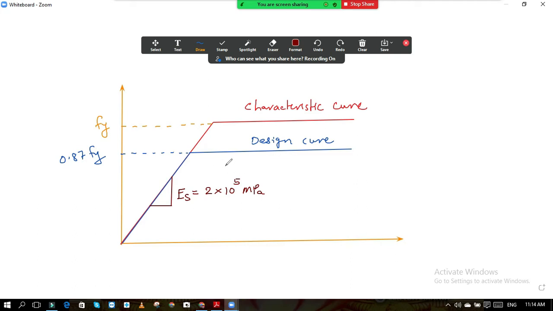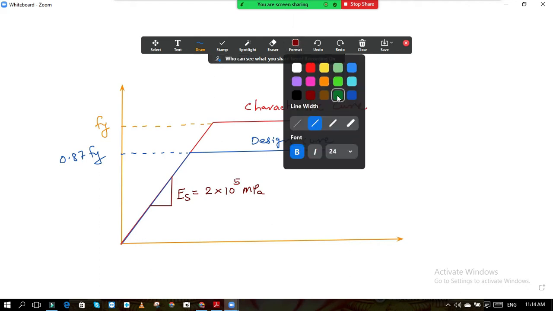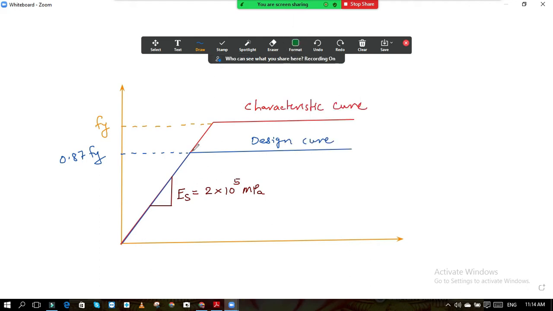How do we find this out? We will take the slope of this stress strain curve, and then we will get this value. Now if we want to calculate the strain, suppose I take this point, the point from where the stress strain curve changes its shape, or its alignment, so that from this point onwards it is not directly proportional.